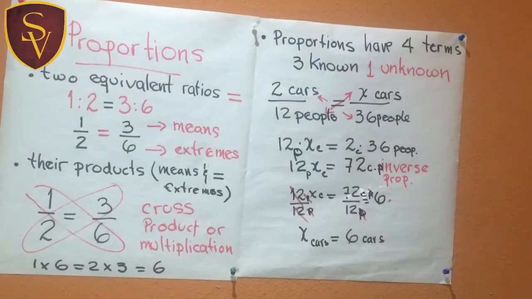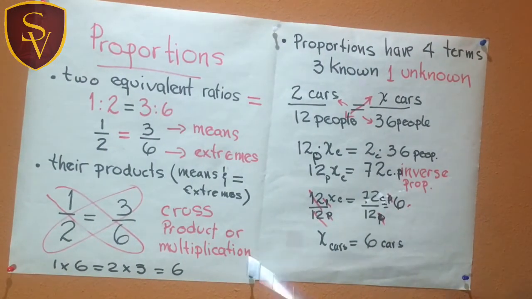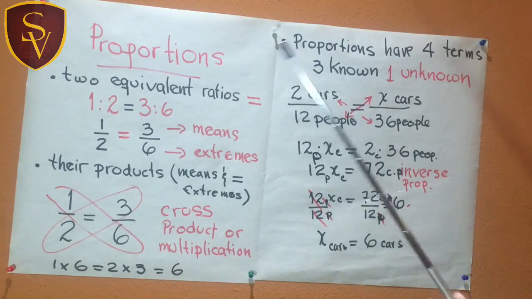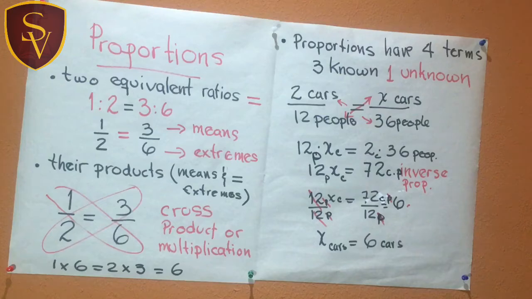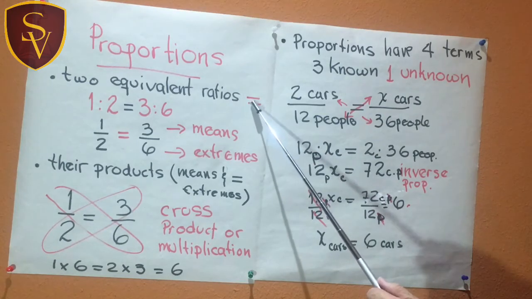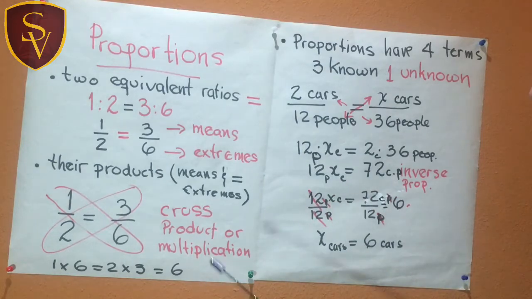The main usefulness of a ratio is called proportions. Proportions give us a tool to compare two equivalent ratios. We can compare with this symbol. This symbol is going to give us an equivalence. As you know,